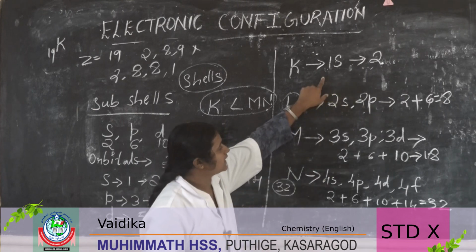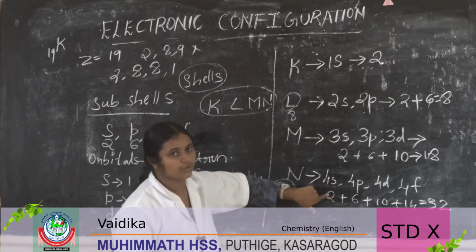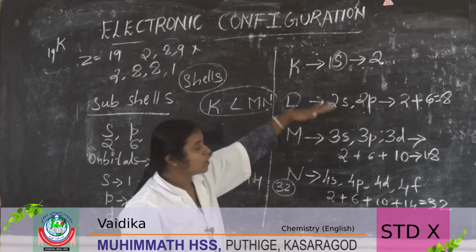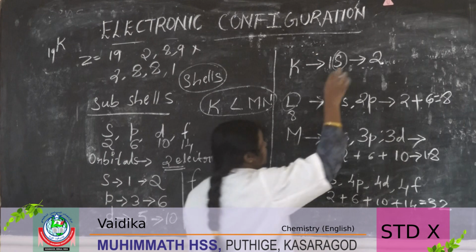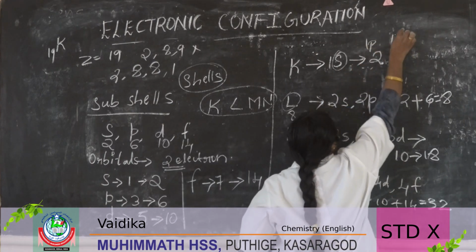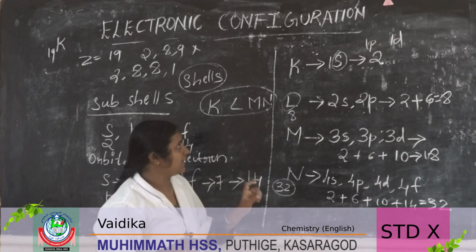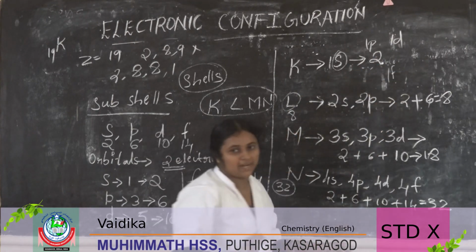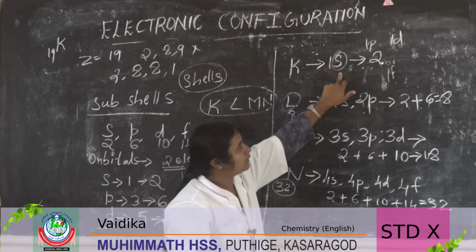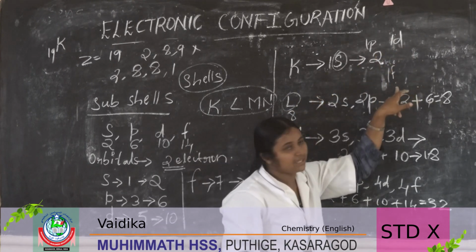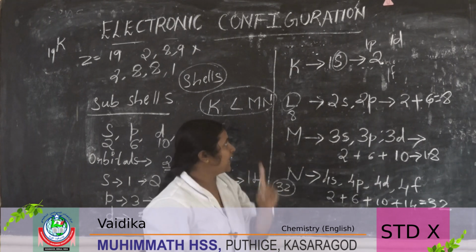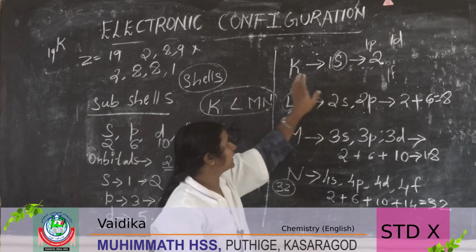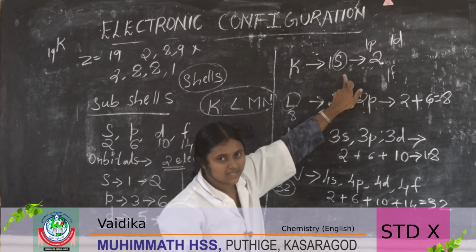So which subshell is present in all the shells? It will be s. s is present in all the shells, right? There is no 1p and 1d. Always there is a question in the exam, whether 1p, 1d, 1f exist. But no, only the 1s will exist, not 1p, 1d, 1f. The 1 shell or the K shell has only one subshell, that is the 1s. In the K shell, only one subshell is there, 1s.